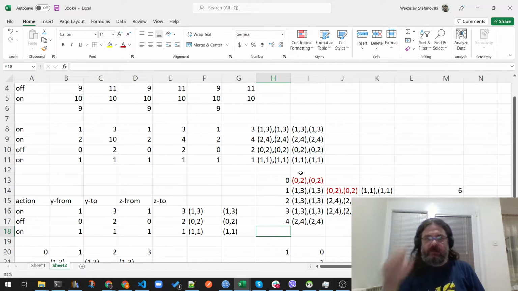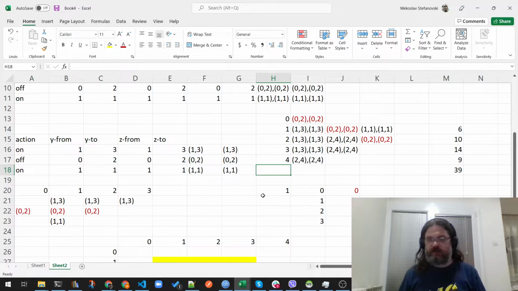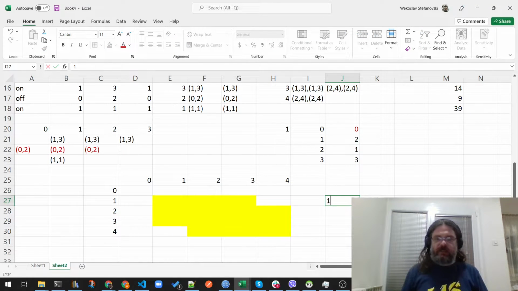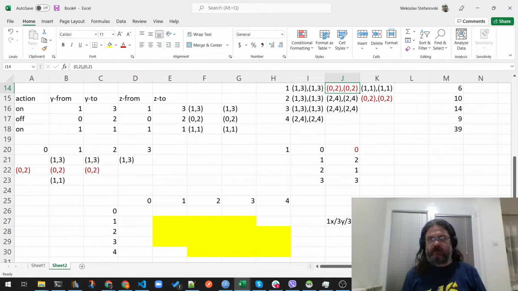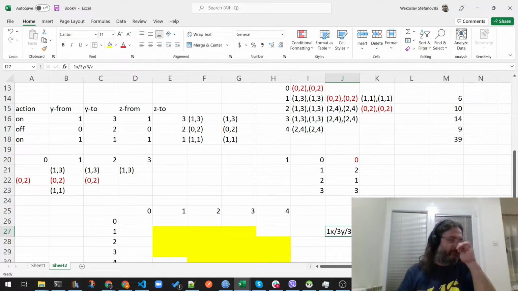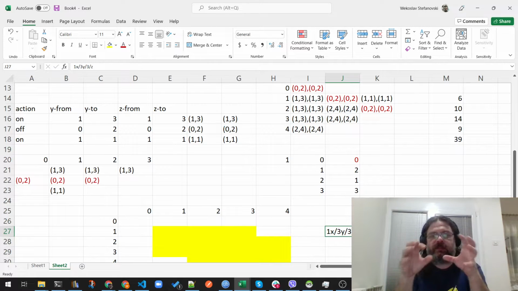So we will have a situation, for example, if we had 6 up to 10, so let's just use this one. So we have something that is 1 on the x scale, 3 on the y scale, and 3 on the z scale,